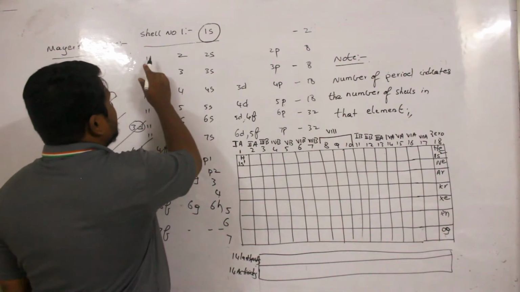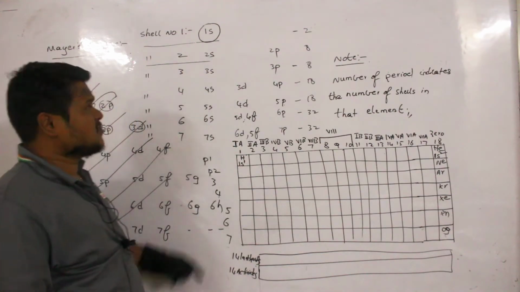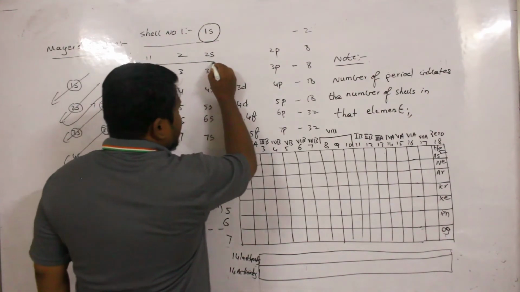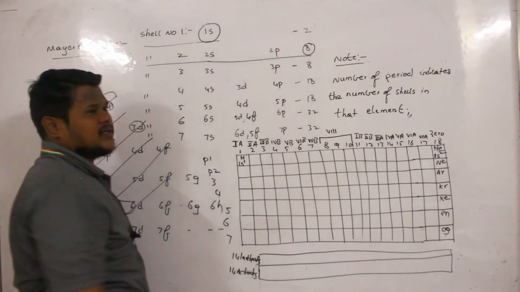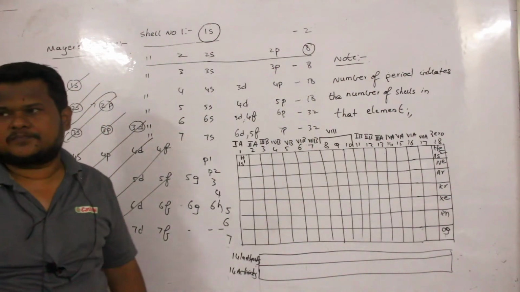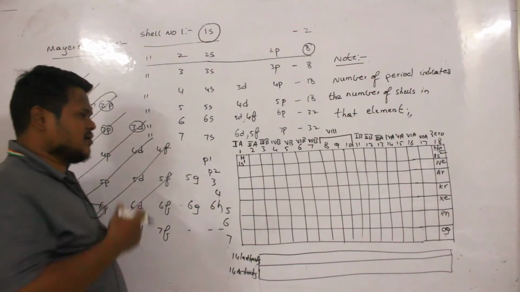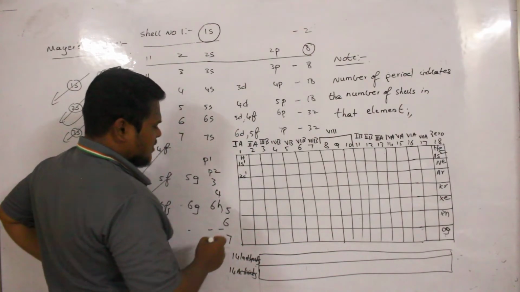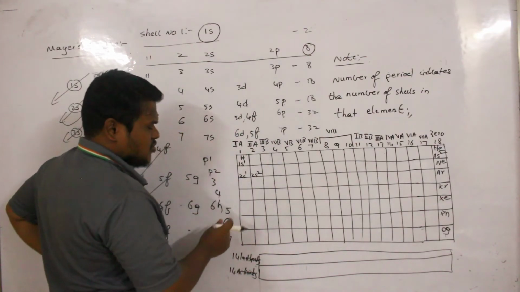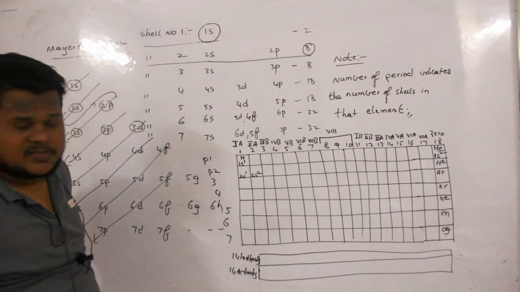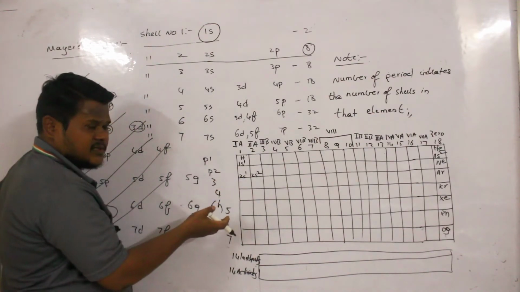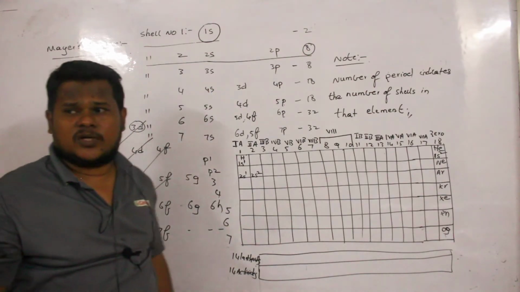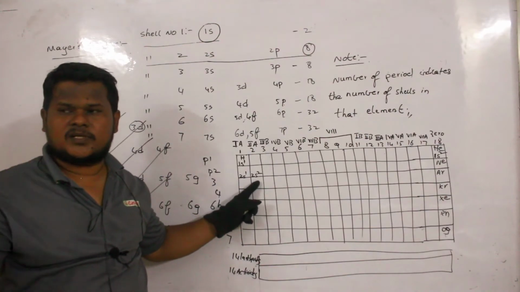Similarly, if you come to the second period, or you can call it shell number 2, how many electrons can I accommodate in total? 8 electrons. Let us see how I can accommodate these 8 electrons. I will call this one 2s1, and this one 2s2. So 2 electrons are completed. Why are we placing only 2 electrons here? Tell me. The s subshell can accommodate only 2 electrons. So 2s1, 2s2, the s subshell is completed.